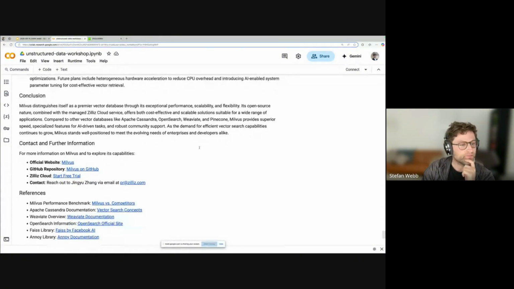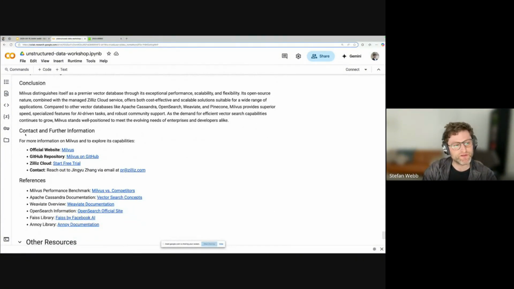And then also has a number of useful contacts and references at the bottom. So I think from something that was put together in a few hours, I would call this a success. And this is something that you can check out the notebook and you can try this at home. You can try it on your data,